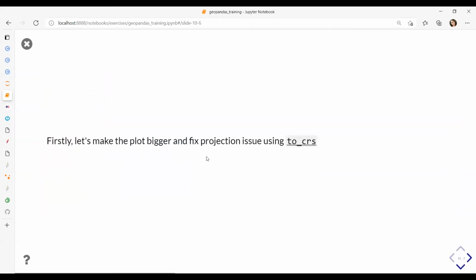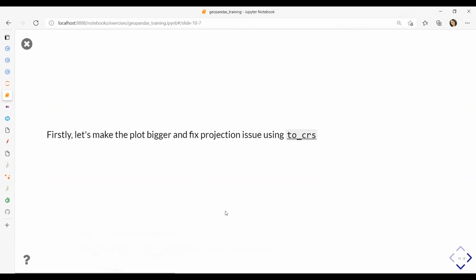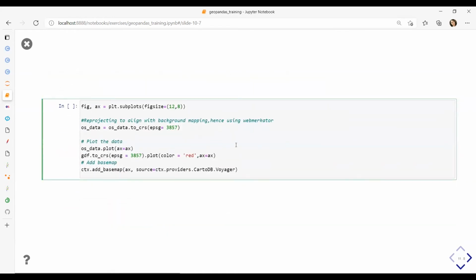In this step, let's make the plot bigger and fix the projection issue using the to_crs command. I'm going to run it. On this line, I'm setting my plot to a bigger size, and I'm going to reproject my datasets to Web Mercator to align them with the background mapping.